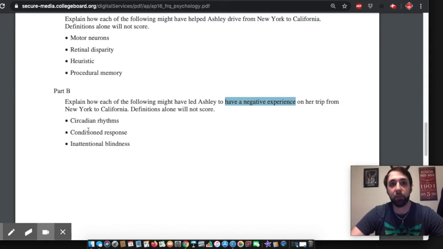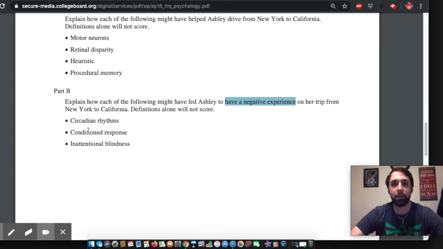For example, circadian rhythms are responsible for regulating roughly 24-hour cycles that involve things like your sleep-wake cycle. It involves the secretion of hormones such as melatonin, which can help put you to sleep at night, relatively the same time. Make it so that she's clearly jet lagged and that her jet lag causes her to get into a car accident, which clearly hinders her ability to get across country. Make it as blunt and straight to the point as possible.